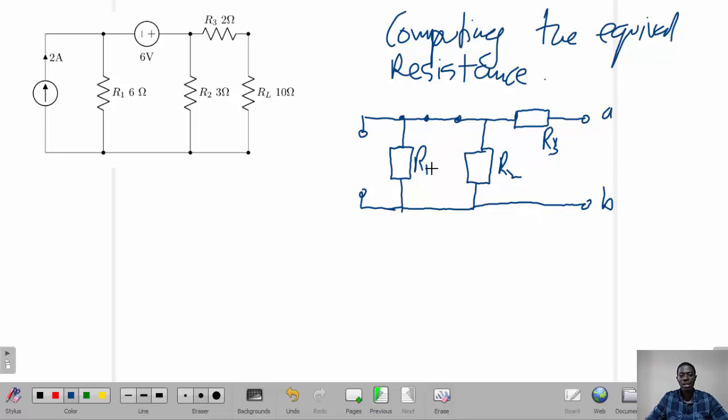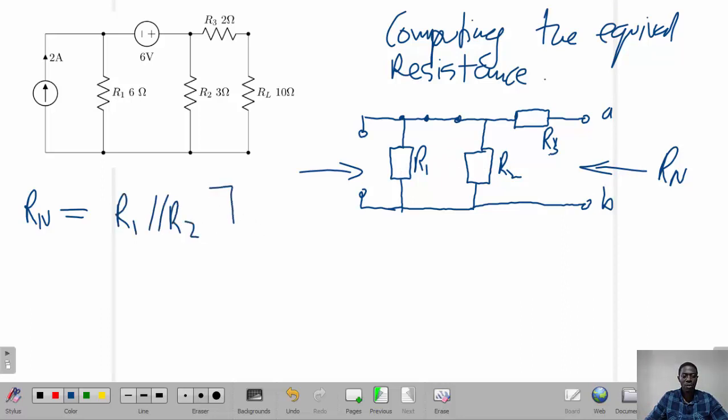And what remains now is that our equivalent resistance, or our Norton resistance, is going to be equal to... so we're looking at the circuit from the terminals to find our Norton resistance, what we call the resistance at the terminals. And then we calculate it coming from far away from the terminals. So we're starting from R1 going towards the terminals. And in this case, R1 and R2 are parallel to each other. And therefore,